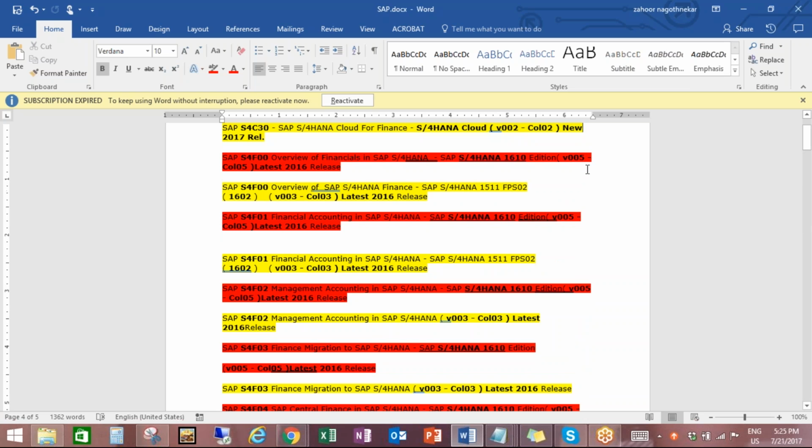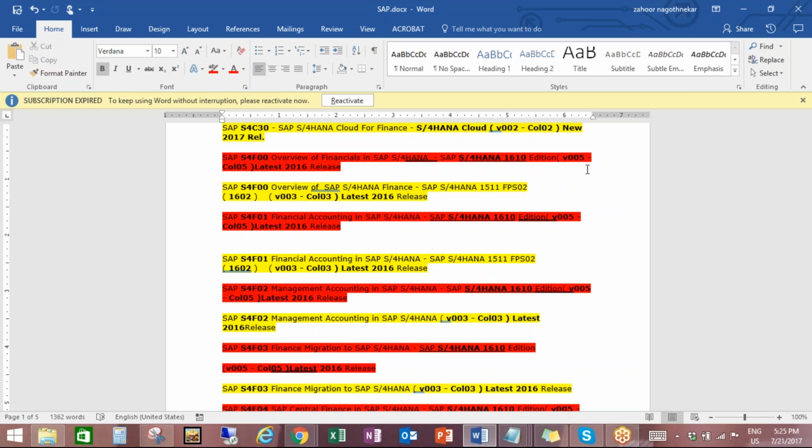There are a lot of PDFs. Each PDF has questions and answers at the end of the pages, and each is around 200 to 300 pages, topic wise. So it's a standard document. For example, SAP S4 C430, S4 HANA Cloud for Finance, S4 400 overview of financials in SAP S4 HANA, and S4 F00 overview for HANA Finance.